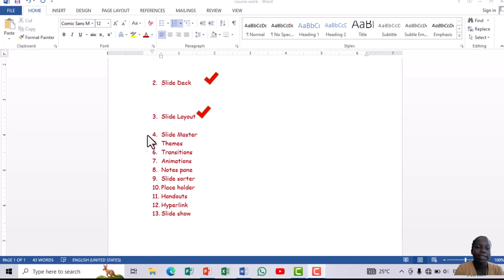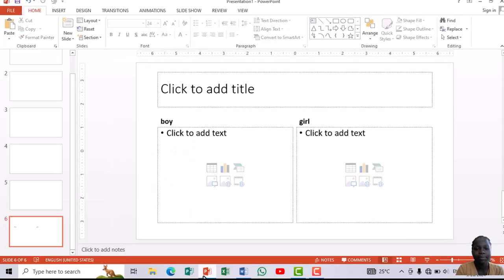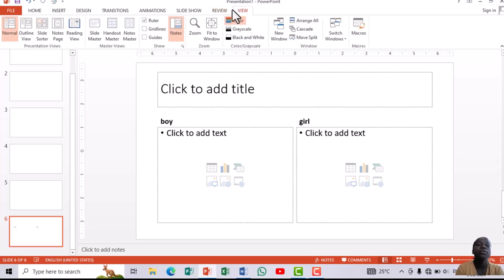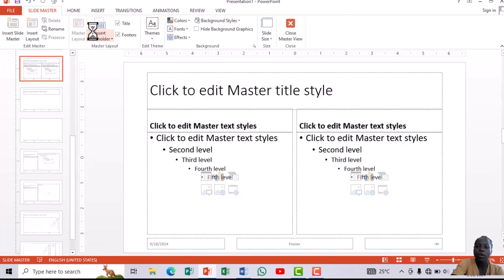We shall now look at the slide master. Slide master. So with slide master, we shall come to view, and then we'll go to slide master. Well, okay, what is slide master? Slide master is simply a template that defines the appearance, like fonts, colors, and layouts of all slides in a presentation. So if you want to use slide master, meaning the effects you put on one slide will affect all the other slides in a presentation. So a slide master is used to apply the same kind of design,